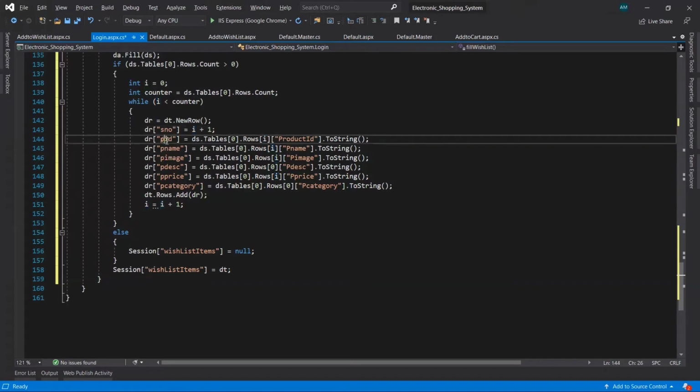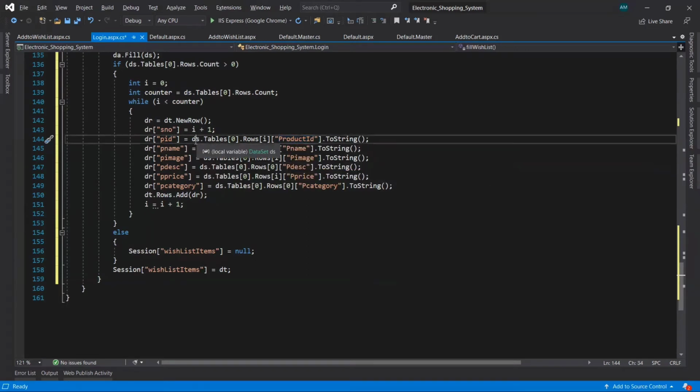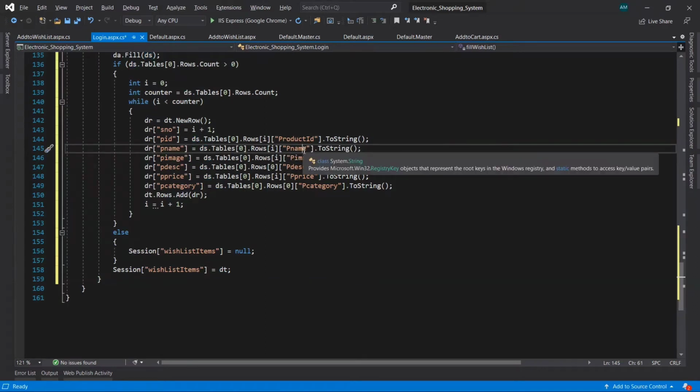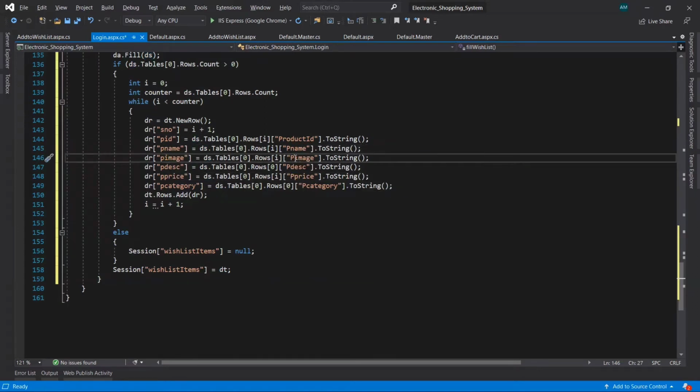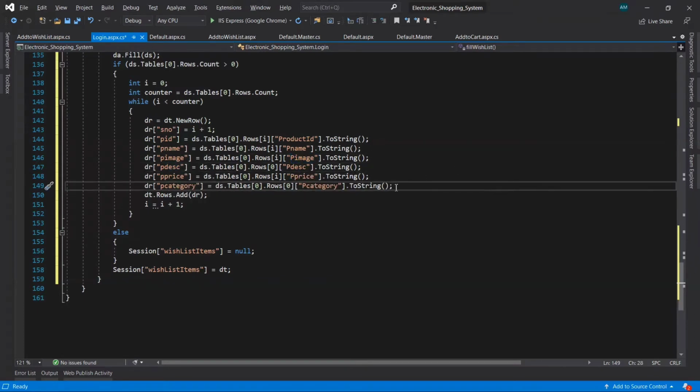For the product ID column we store data from the product ID column coming from the data set. And the product name comes from product name, product image from product image. Same for product description, product price, product category.